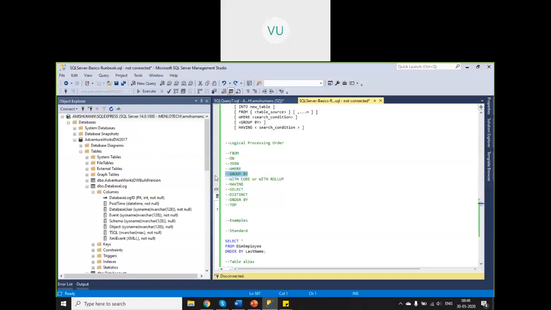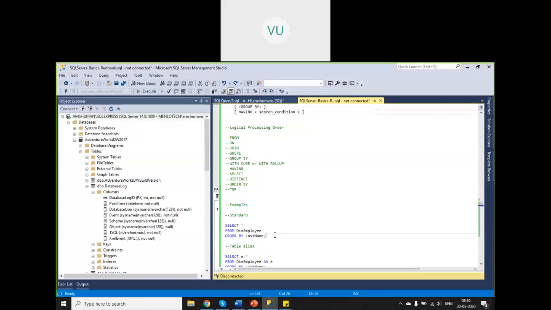And then it will apply HAVING. HAVING means it has applied GROUP BY. If anything is specified in HAVING, it will apply that condition for each of the groups. You can have just GROUP BY, since HAVING is optional, but you cannot have HAVING without GROUP BY. HAVING is dependent on GROUP BY. It will apply the HAVING clause, and if any condition is mentioned, it will filter out all the other groups. If I say GROUP BY age and HAVING age greater than 10, all the groups where age is less than or equal to 10 will be dropped from the results. It will do all this behind the scenes.